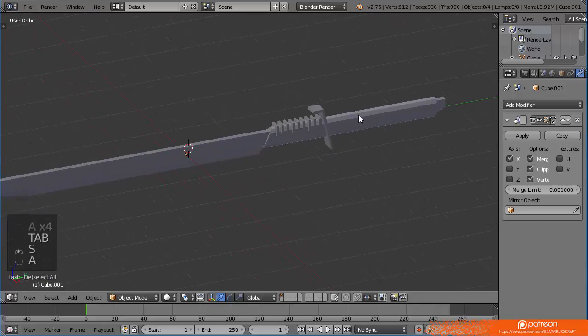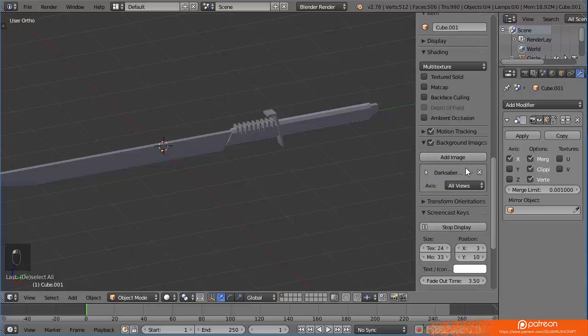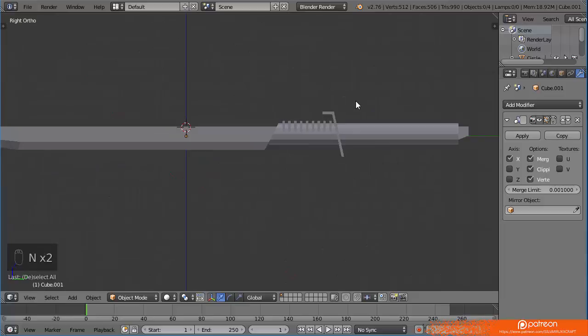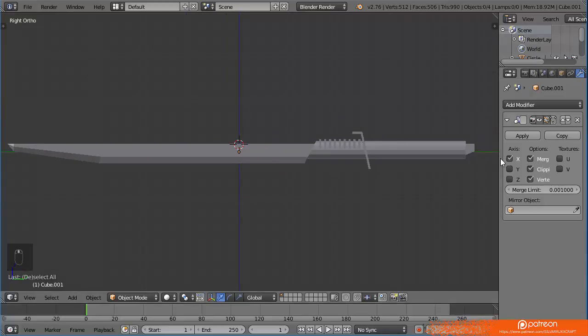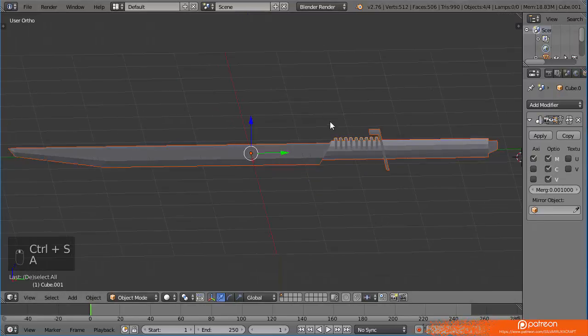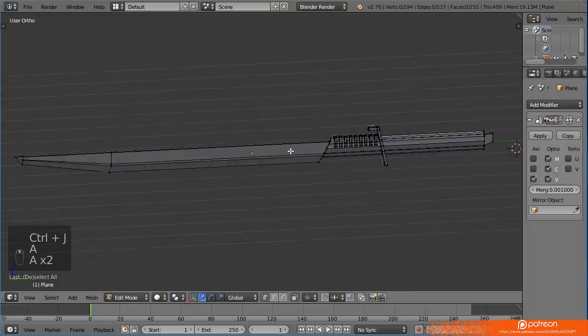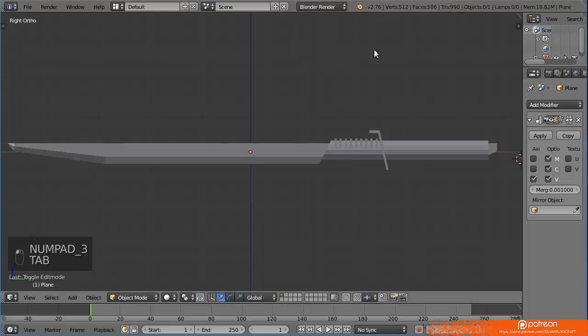Now this is pretty much the format of the blade. Now I don't need this, so I'm going to hide it for now. I didn't delete it, just hidden. And we are going to be working on completely texturing this, giving it the same texture that you can see on the show. To start that, select the blade, then select everything else and press Ctrl J. What that does, that's make everything into one plane or one type of mesh. That's going to be easier for me to